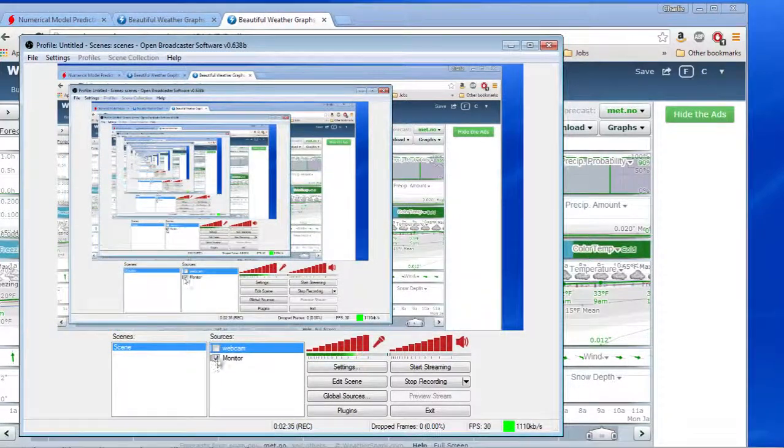Now, how do I get this recursive piece of nonsense? All right, there we go. So yeah,